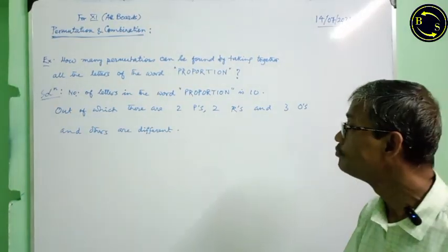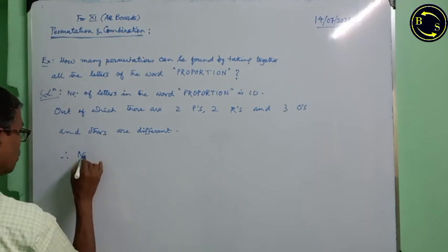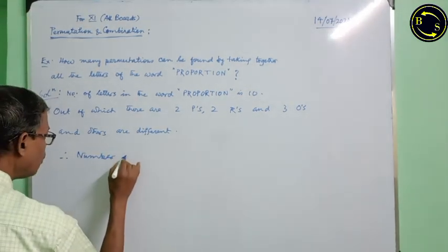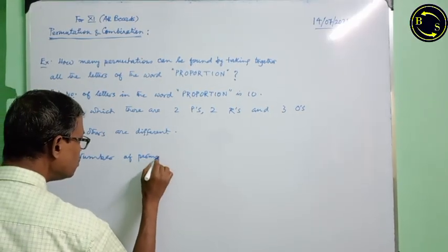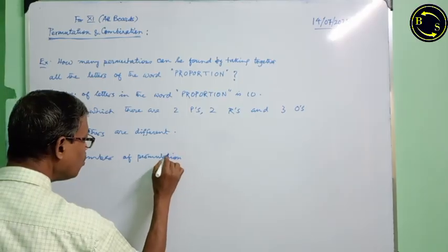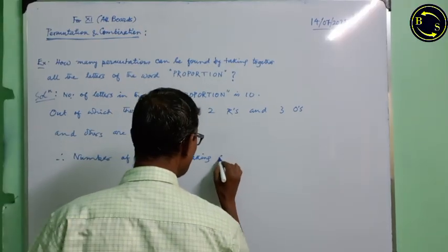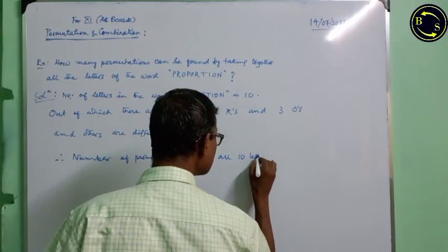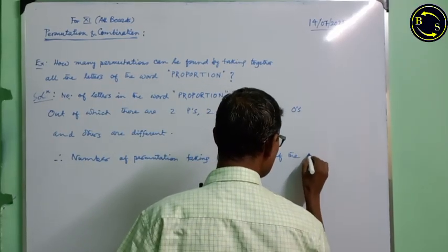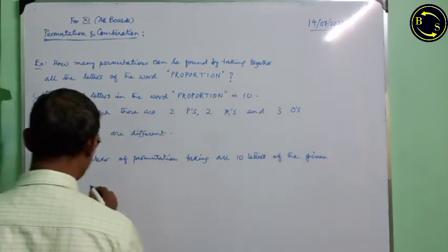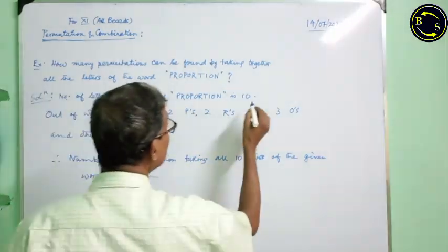Here we shall apply that. Therefore, the number of permutations taking all 10 letters of the given word is equal to, you can mention here,